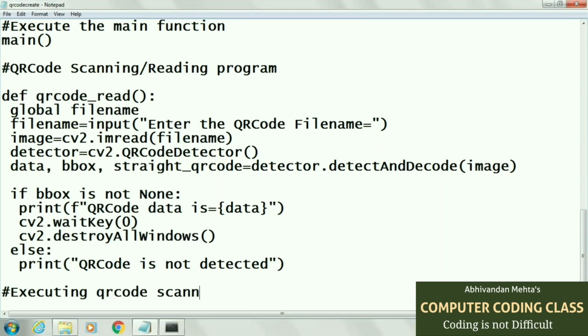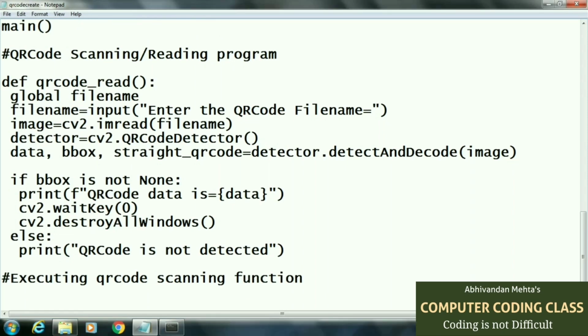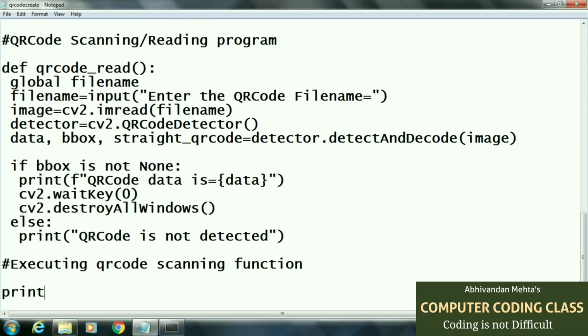At last, we will execute our QR code read function to scan our QR code.